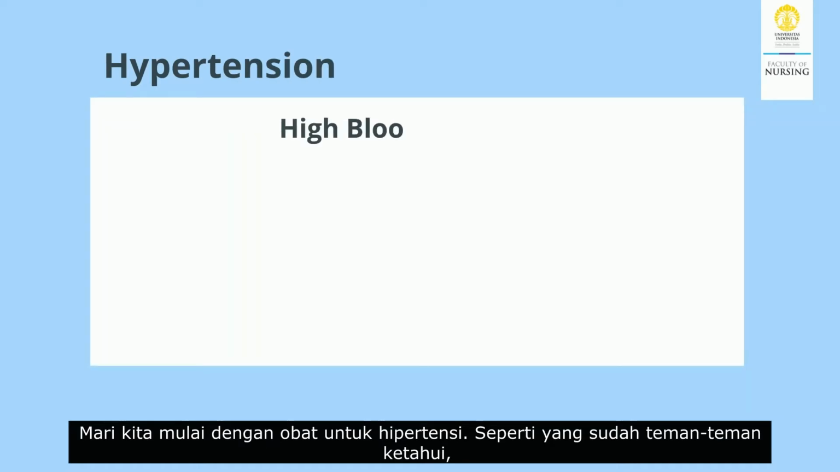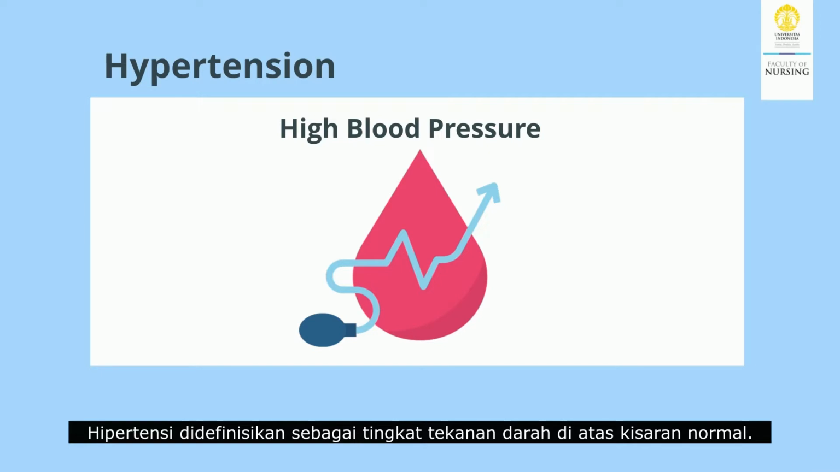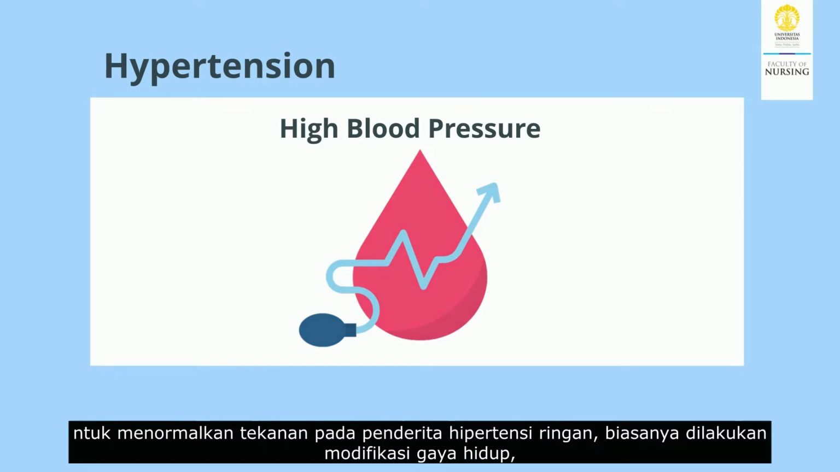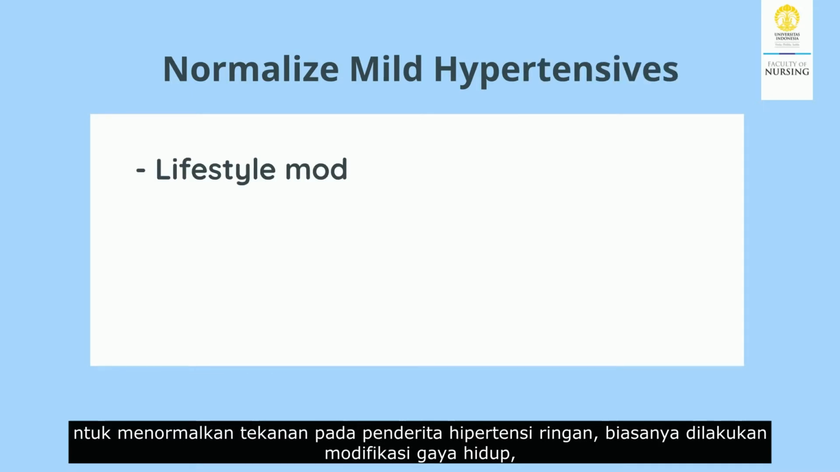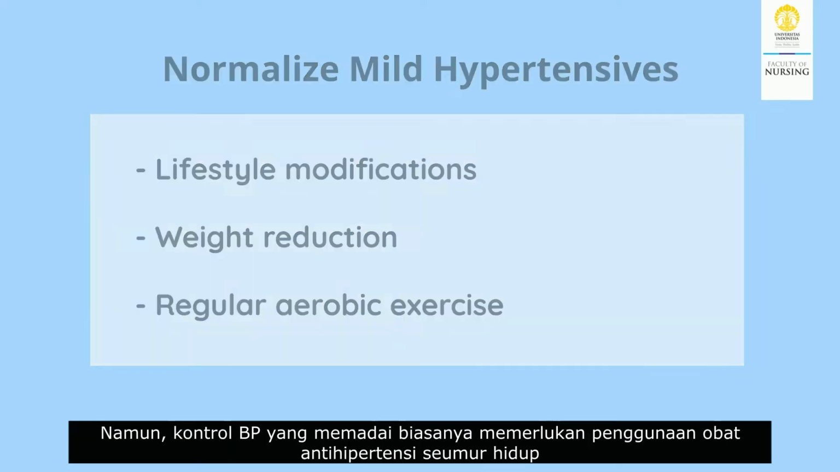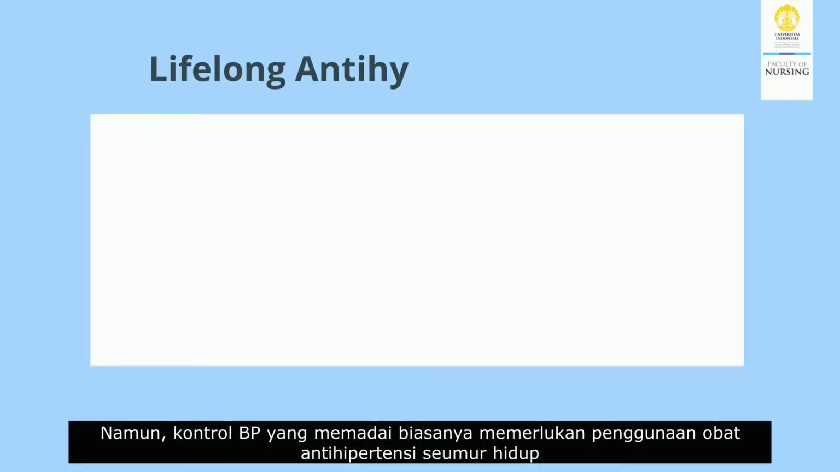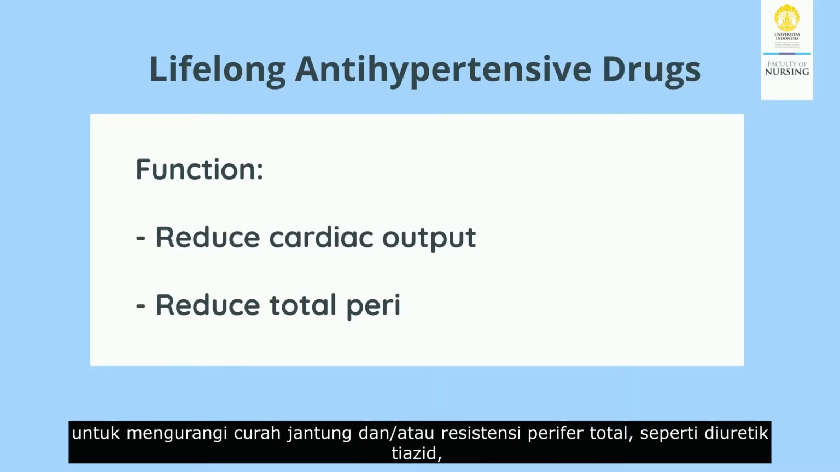Let's start with drugs for hypertension. As you already know, hypertension is defined as blood pressure level above the normal range. To normalize the pressure in mild hypertensives, you can do a lifestyle modification such as weight reductions and regular aerobic exercise. However, adequate BP control usually requires the lifelong use of antihypertensive drugs to reduce cardiac output and or total